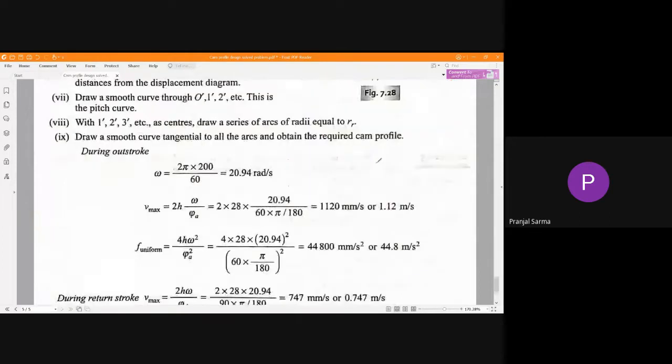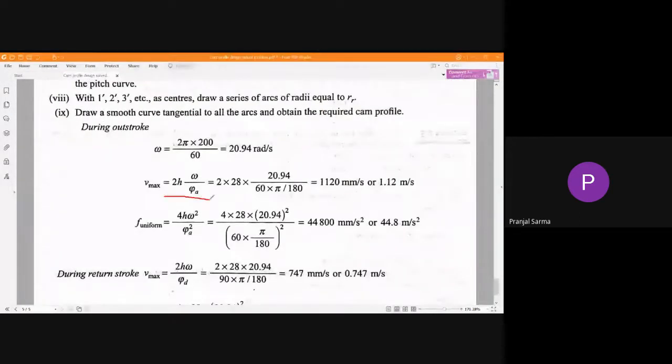And after that, just by using the known relationships, we are going to find out the uniform acceleration, maximum velocity, etc. You have to be sure that for the ascent stroke, you have to consider the ascent stroke angle, and for the descent stroke, the descent stroke angle, and those angles have to be in radians, not in degrees. If it is given in degrees, convert it. So using the known relationships, just